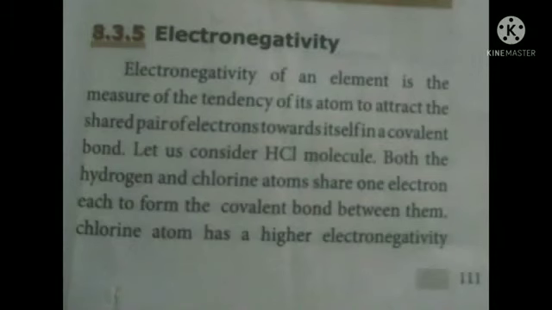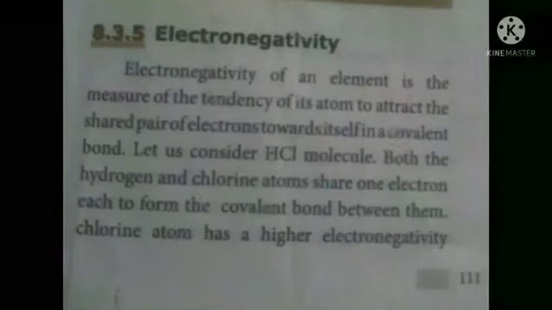In the same page 111, one important question is there. If the electronegativity difference is less than 1.7, the bond is considered to be covalent. If the difference is greater than 1.7, the bond is considered to be ionic. If the difference in electronegativity between two elements is 1.7, then it shows 50% ionic and 50% covalent. It can be asked for one word, and electronegativity is measured by using the Pauling scale. So these are the possibilities of asking questions from these areas.